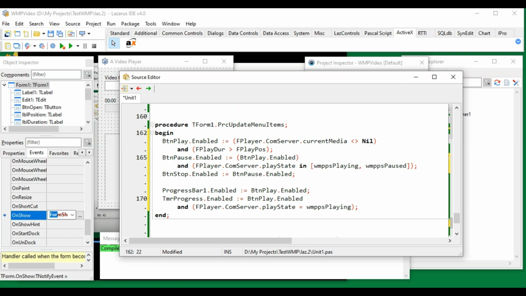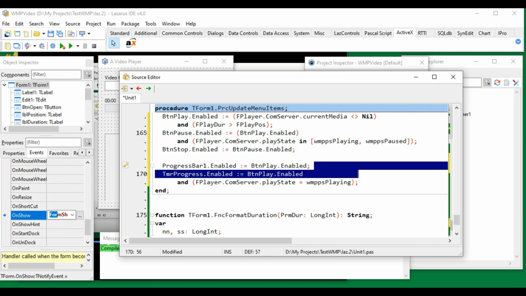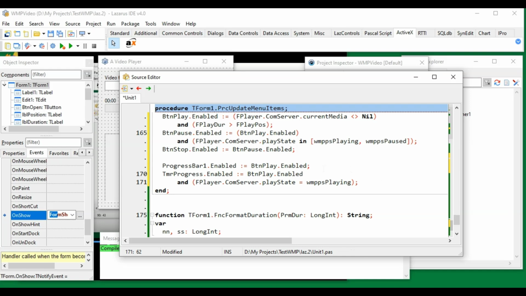But button pause is enabled when it can be played, and the status is either playing or paused. Then we also set the availability of the progress following the button play availability, and the timer also we can set from this place by detecting the play state.